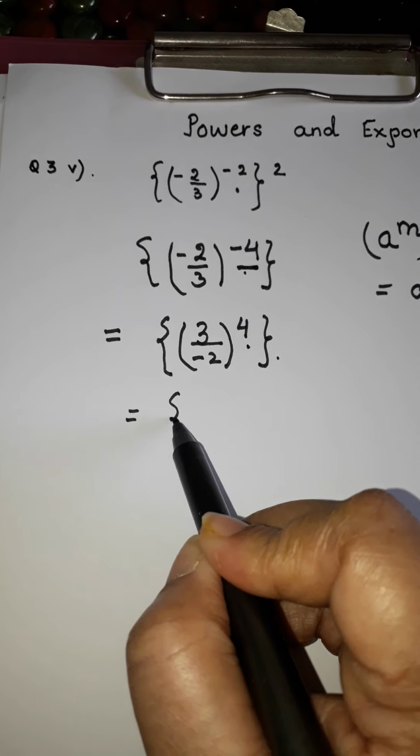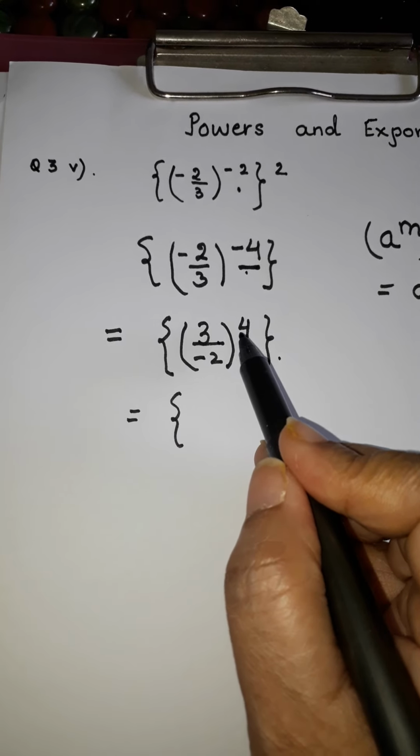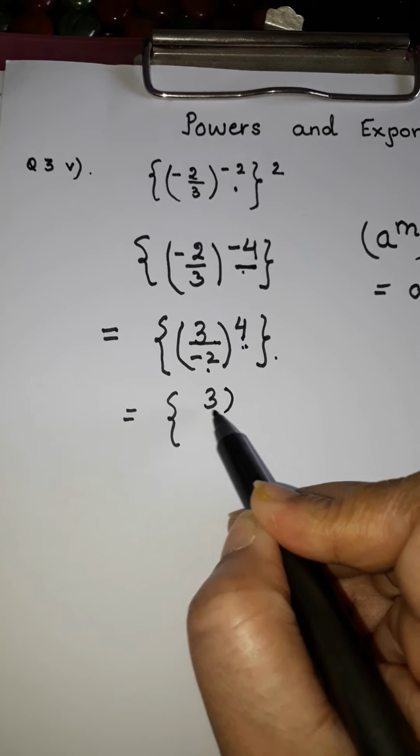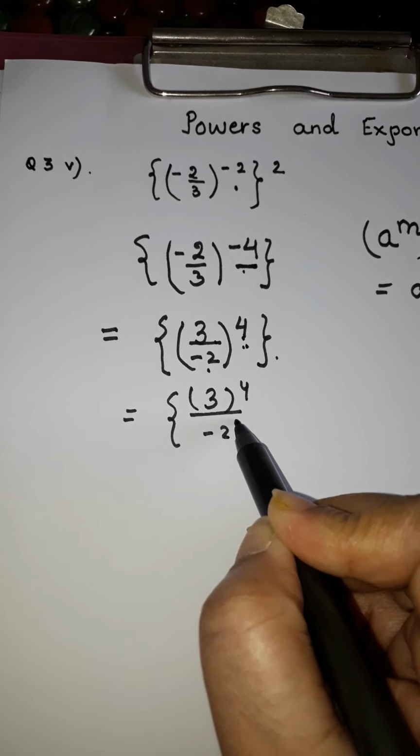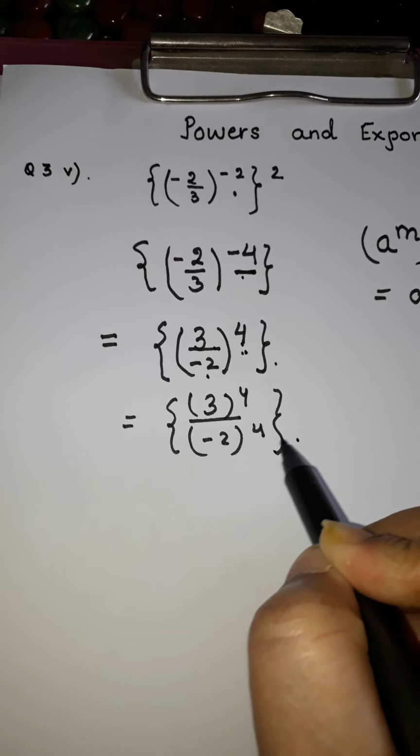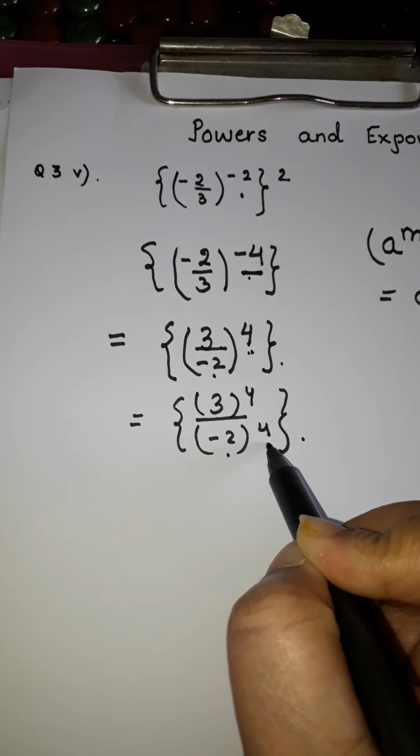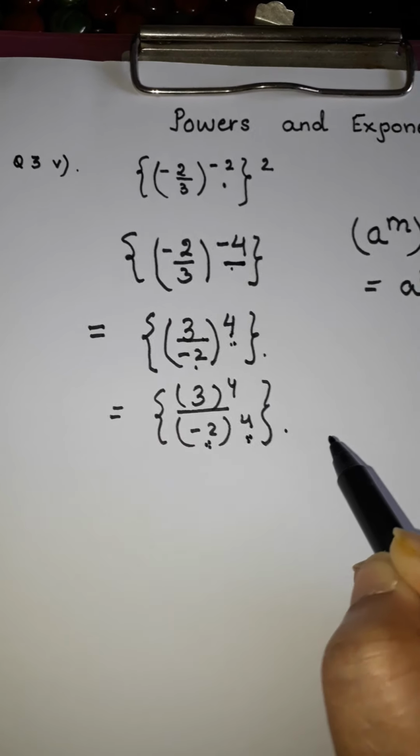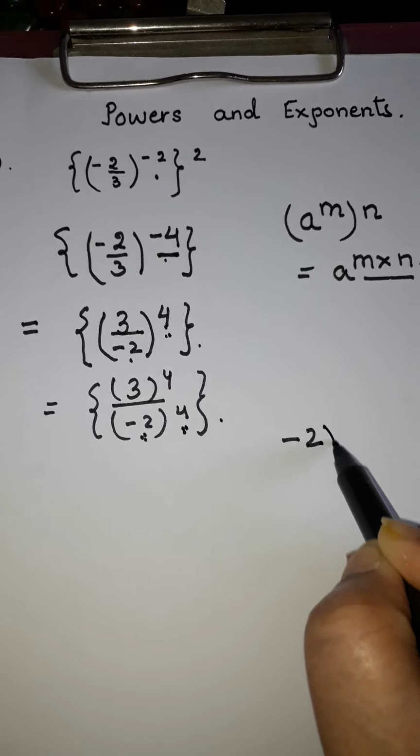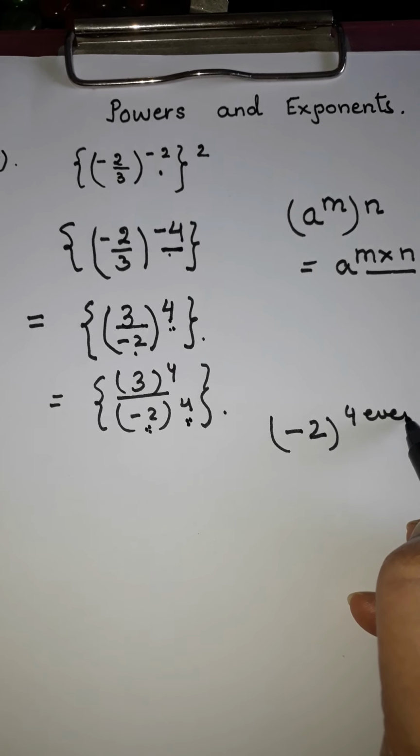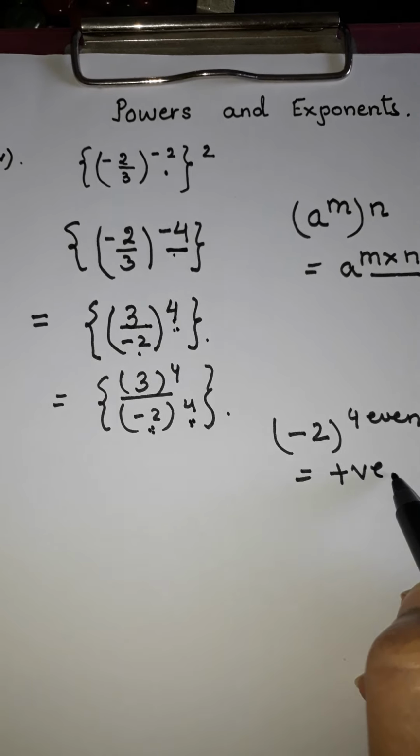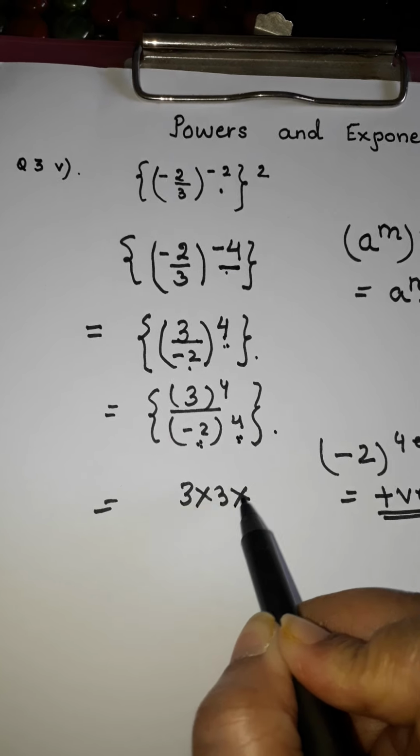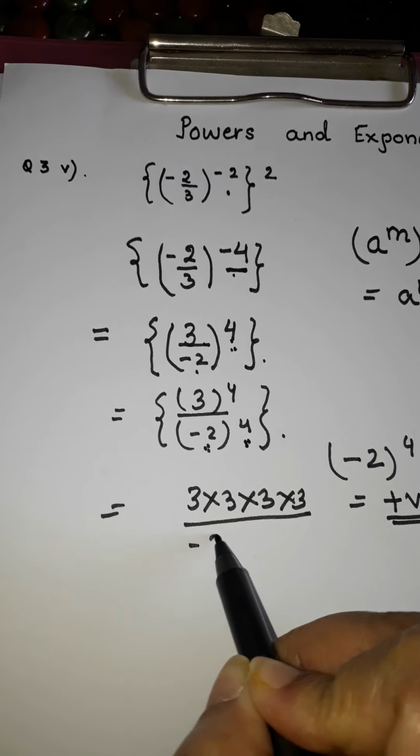The next step is, in this, the whole 3 is having a power of 4 and -2 is having a power of 4. That means 3 is having a power of 4 and -2 is also having a power of 4. That means (-2) is wholly raised to the power of 4. It's not that the minus doesn't have a power of 4. Minus also has a power of 4. And when a negative number has a power which is even, the answer turns out to be positive. So this will be 3 into 3 into 3 into 3